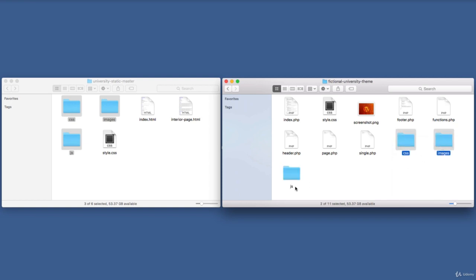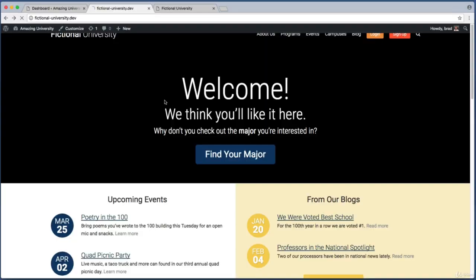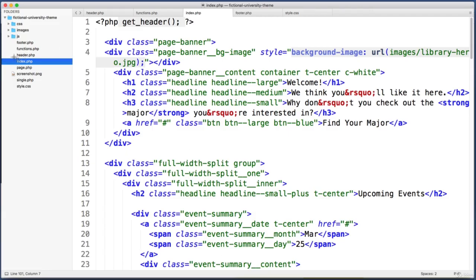Cool, so we copied over those 3 folders, and now if we refresh our website, we still don't have the images, but now we are very close. We just need to update our HTML to look for the images in the right folder. So back in our text editor, in our theme folder, jump into index.php, and up towards the very top of the file,